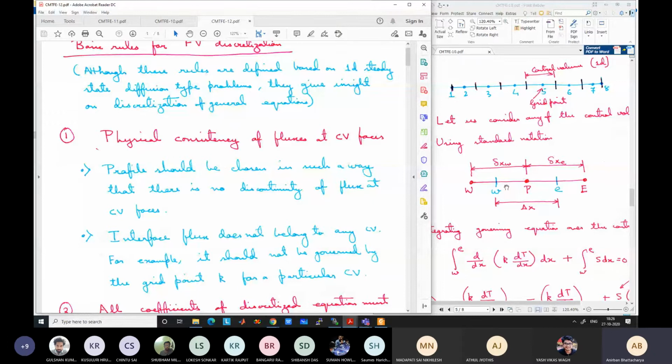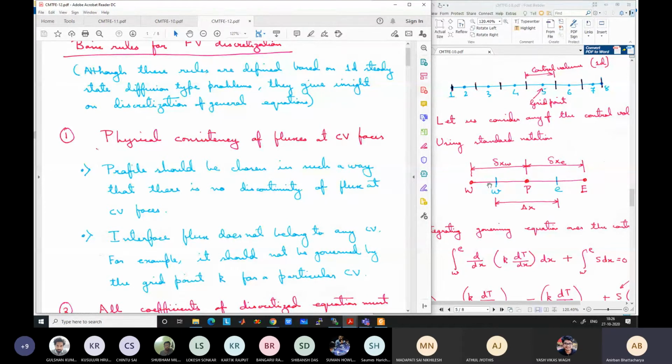So what we need to understand is that this is the interface conductivity. It is an independent term; it does not belong to any particular control volume. Same as flux. The flux is a term valid at the interface. Flux does not belong to any particular control volume. We cannot say that this is the left flux for the P control volume and this is a separate right flux for the W control volume. The flux is the same flux, although we take it into account separately when we do the calculation.